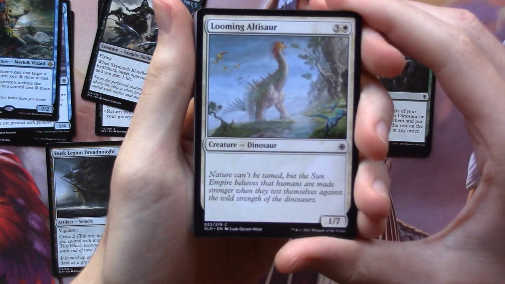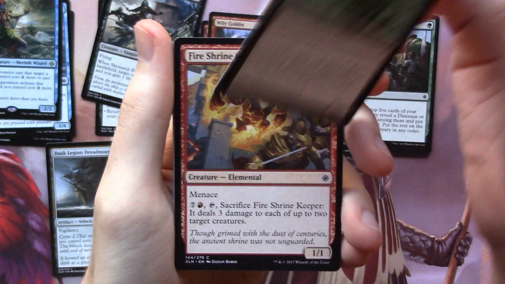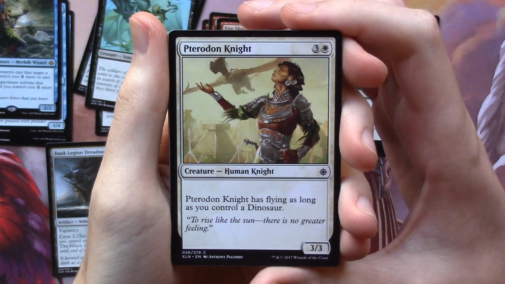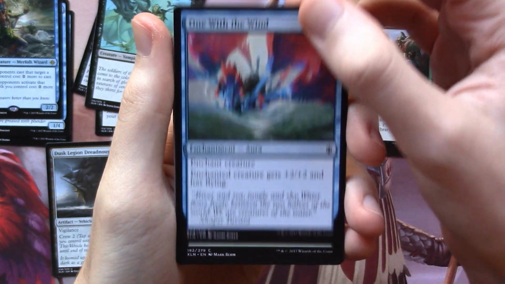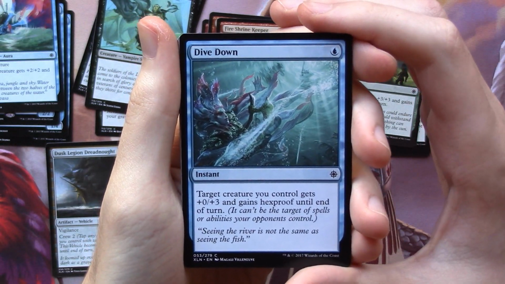Where we start with a Looming Altasaur, Queen's Bay Soldier, Fire Shrine Keeper, Pterodon Knight, One with the Wind, Crash the Ramparts, and Dive Down,